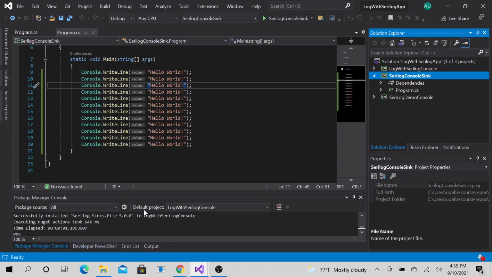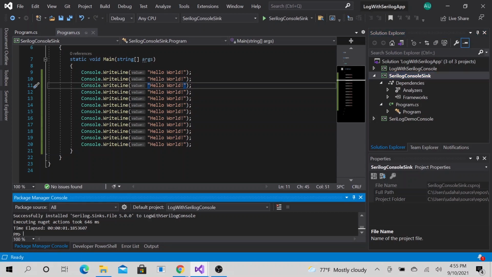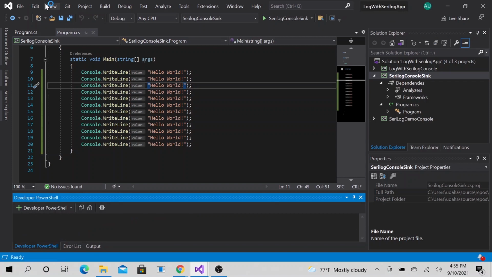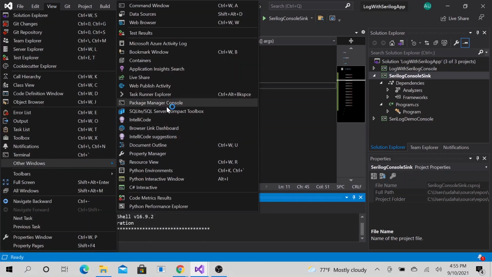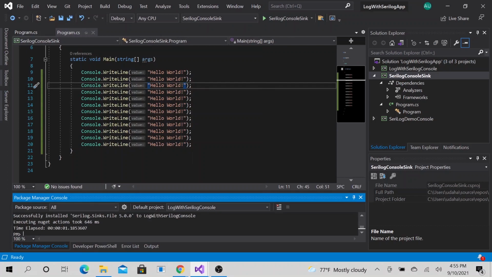There's multiple ways. You could go through the NuGet package manager, or you could go through the package manager console. If you're not able to find this, you want to go to View, Other Windows, Package Manager Console, and you want to type Install-Package